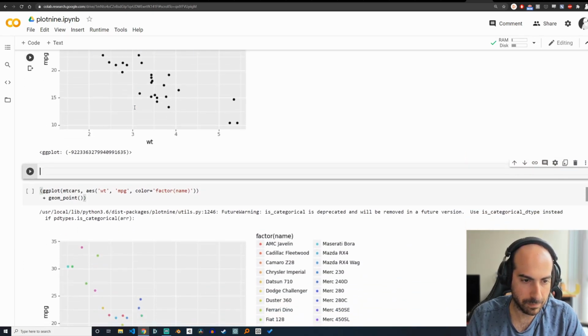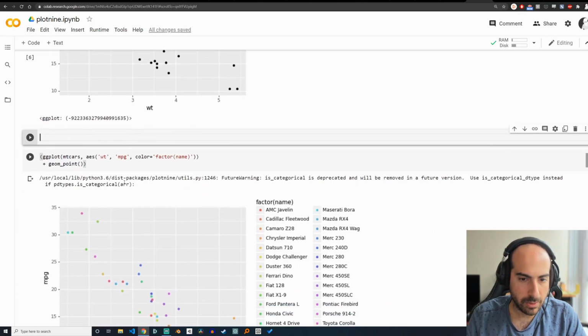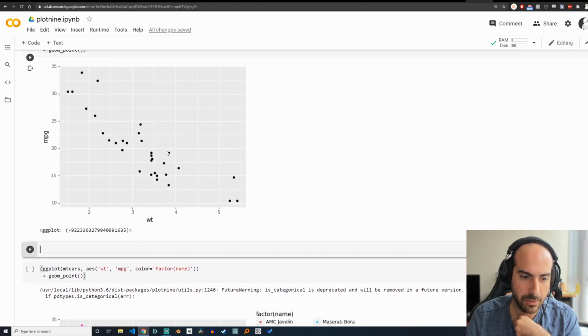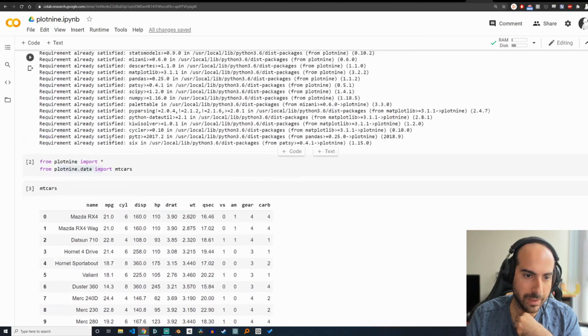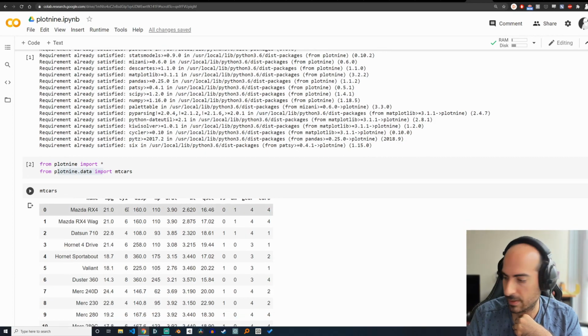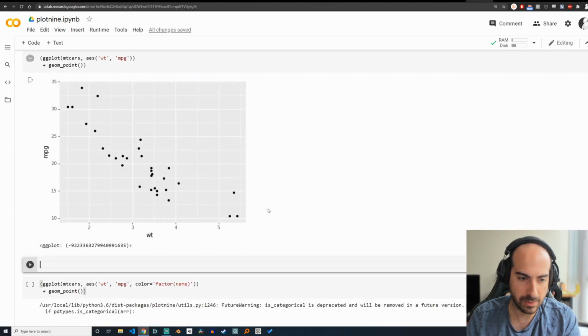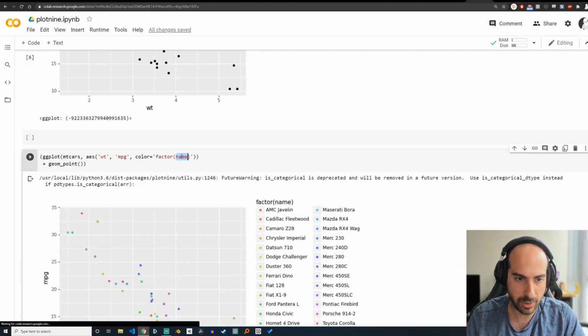So this is fine for now. Here, for example, you're saying, okay, I want you to take this aesthetic, but I want you to color things by this element in the data. So here, for example, I want to color it by name. But names is a fairly high dimensional data set. So instead, for example, let's try something like gear because it looks like it's simpler. So if you try gear,